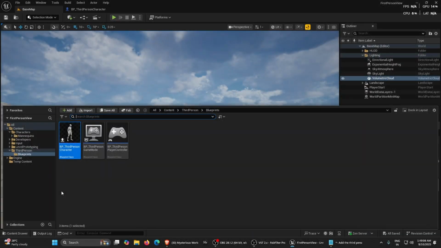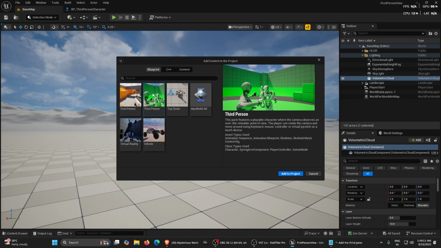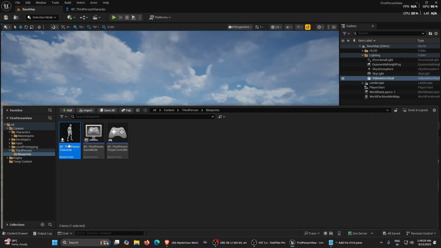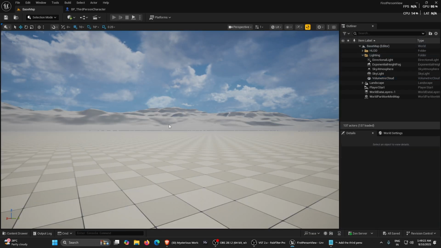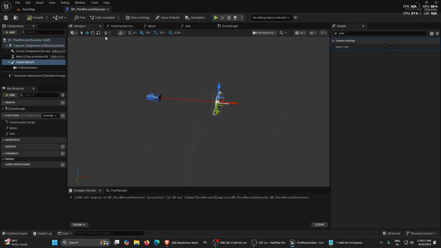Alright, first of all, let's ensure we have the third person template. If not, we can add it in the content browser using the add feature content pack. Once it has been added to the project, here we can see the motion is velocity based and camera is in third person. To fix this to the first person, all we have to do is select camera boom, move